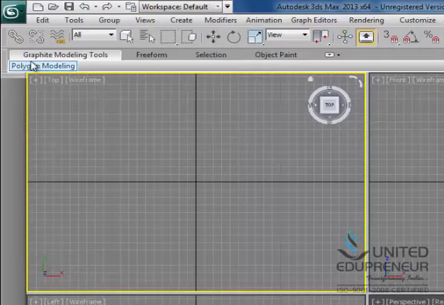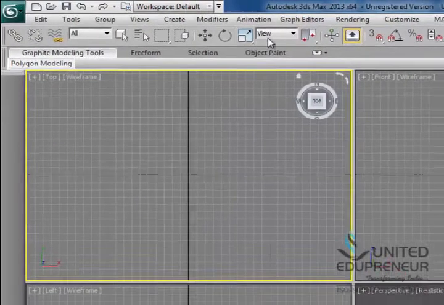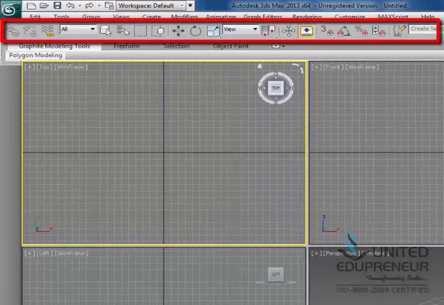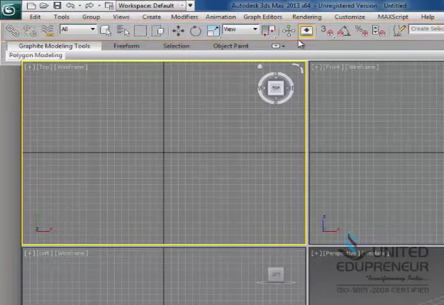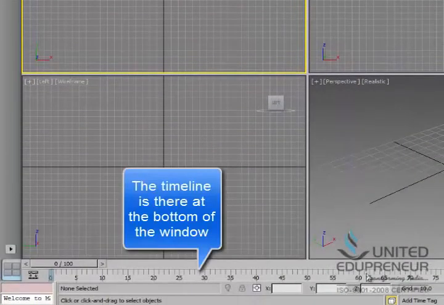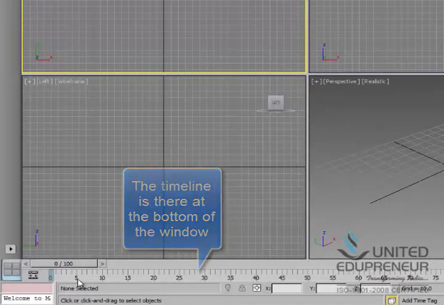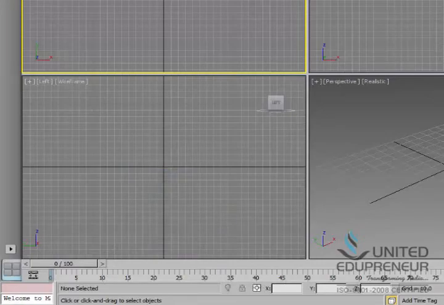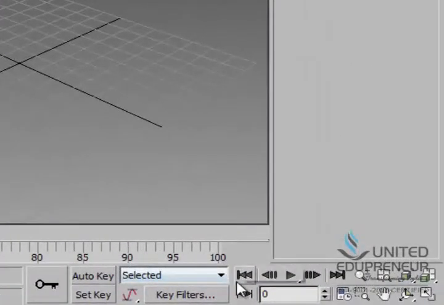Then you'll find this bunch of tools and commands on this menu, which is very helpful sometimes. You'll find a timeline at the bottom of your window, which is helpful for creation and separated into frames. You have got some control buttons over here. At the right bottom corner, you'll find some zooming options, which are useful to zoom in, zoom out, and other